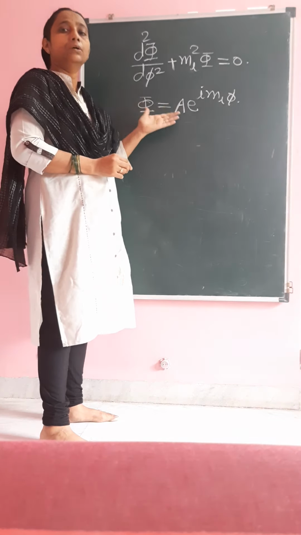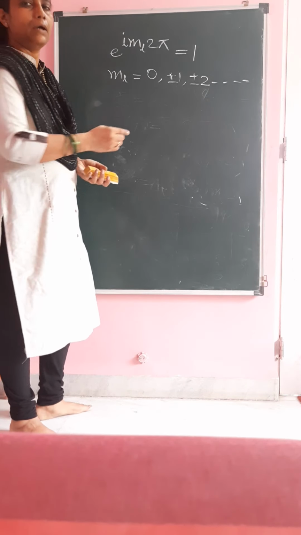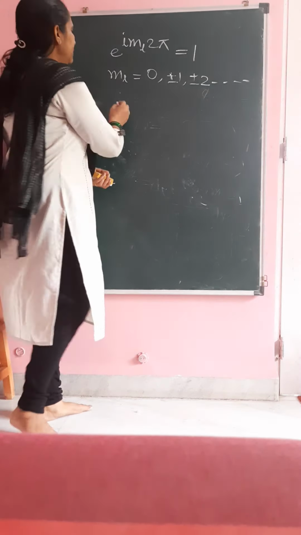Now when we go for the theta equation, the solution is obtained in terms of the Legendre polynomials, and you know that we had used the constant L for the theta equation. So the relation between ml and L will be verified like this. ml should have the values like 0, plus minus 1, plus minus 2, but the maximum will be plus minus L. Now what is ml? It is the magnetic quantum number, and L is the orbital quantum number. So this is about the two equations.